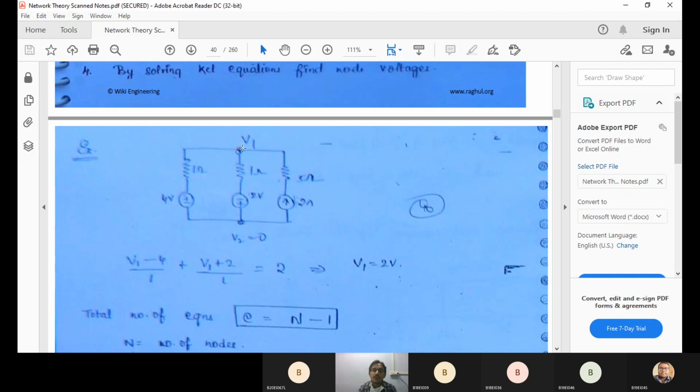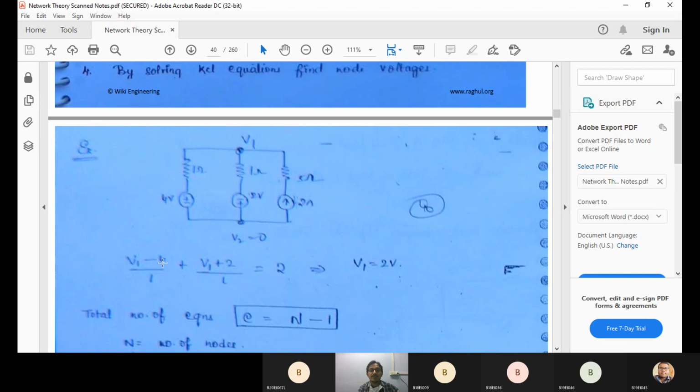I'm always assuming my potential is at higher potential. So current direction is in this way. So this is coming in the opposite direction, so I can consider it as minus. So V1 minus 4 by 1 plus V1 minus of minus 2, this is in the opposite side, V1 minus of minus 2, which is V1 plus 2 by 1, minus 2 is equal to 0. This is coming in the opposite direction. Always I can assume that this is the higher potential. Current has to move from this direction, but current is approaching towards this source. So I can consider it as a minus source, minus 2 amperes is equal to 0.